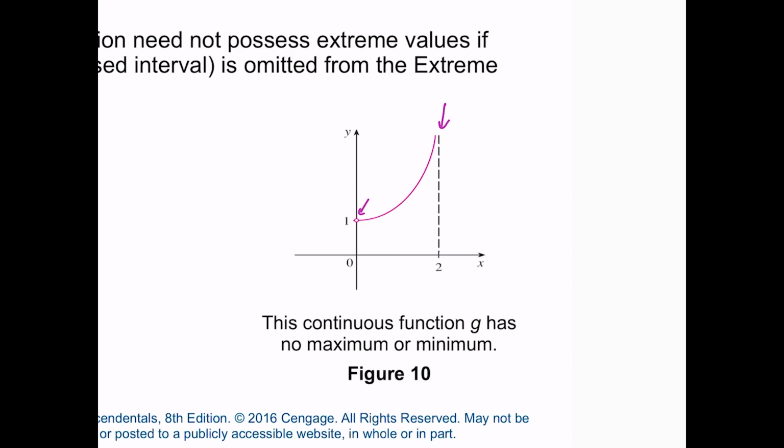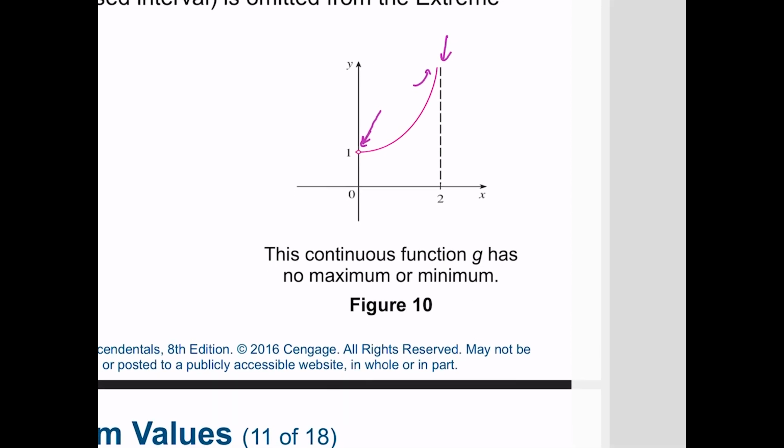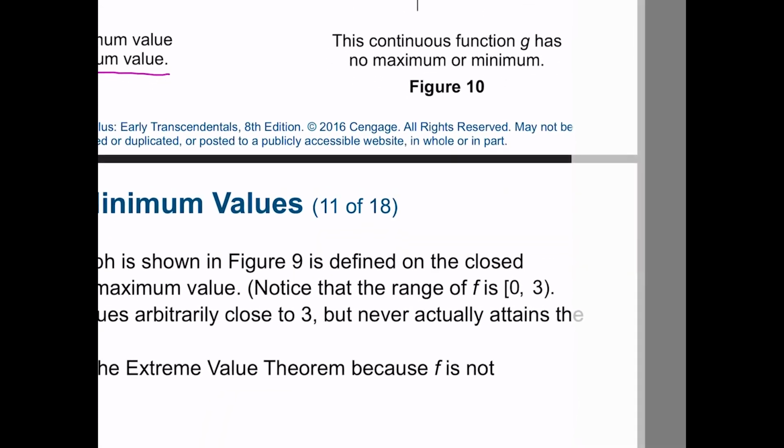This lowest point down here on the left, what's the y coordinate there? Don't know. Super close to 1, but not quite 1. And what's the largest value over here? Something really big, okay? Not a real number. So because we've contradicted the extreme value theorem in these two examples, we're not necessarily going to end up with